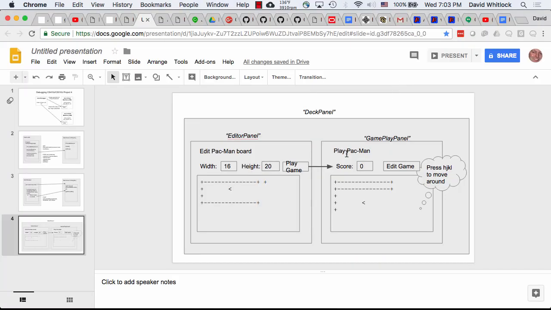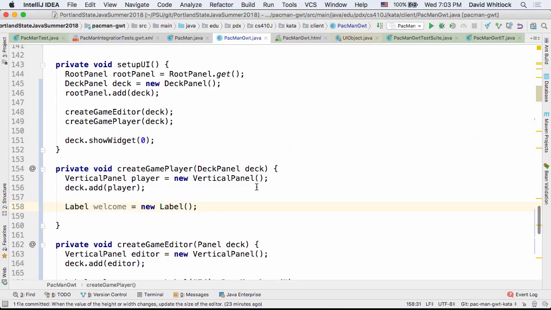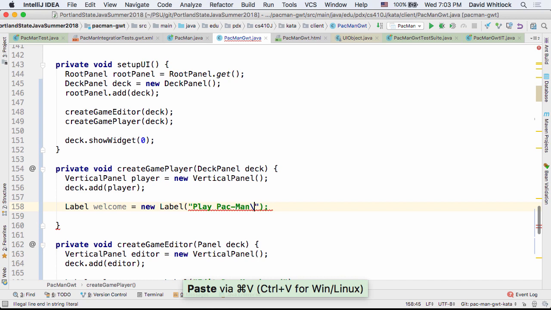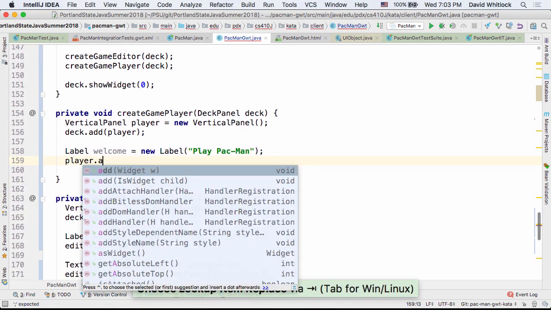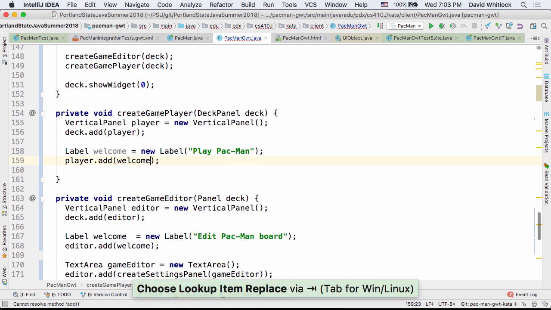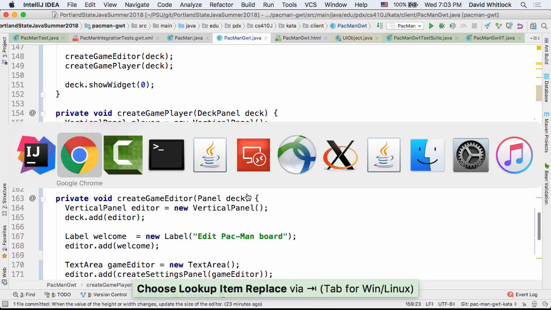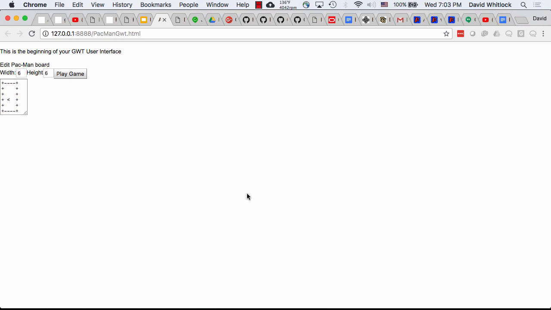What was it? It was play Pac-Man. And then no new line. And then player.add welcome. Okay. So now if I go and reload, we've got another child of that deck panel, but